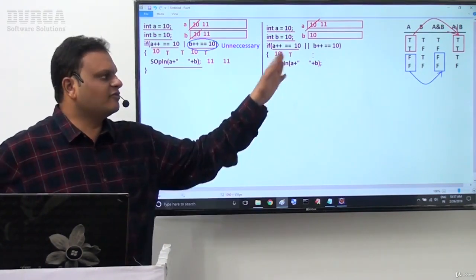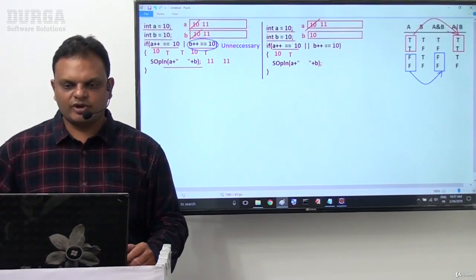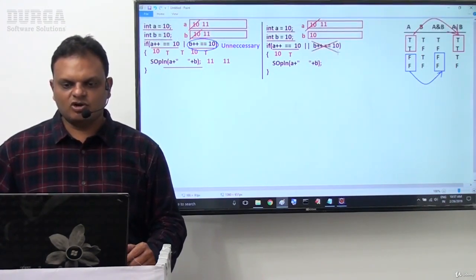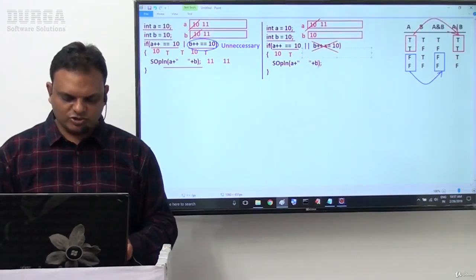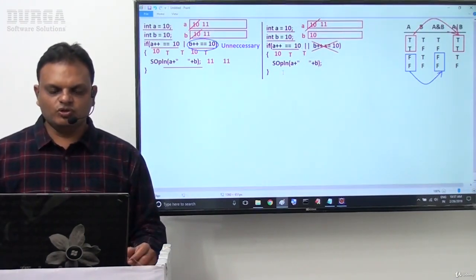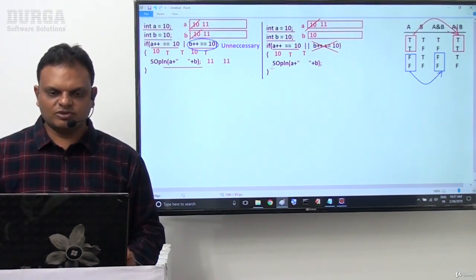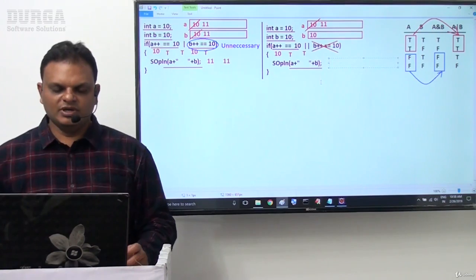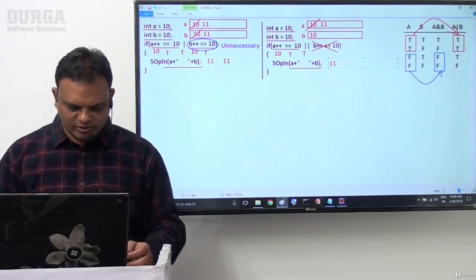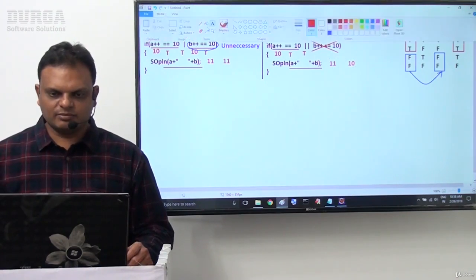So if the first operand value is true, JVM is not required to evaluate the second operand. Directly JVM is concluding the result of the overall expression is true. So if it is true, then immediately JVM will execute the if condition body. Then as per the execution of this if condition body, which output are we going to display there? System.out.println of A space B. A value is 11, but B value is 10 only. Understand? Even by seeing outputs also we are able to get some conclusion.